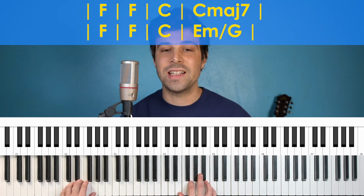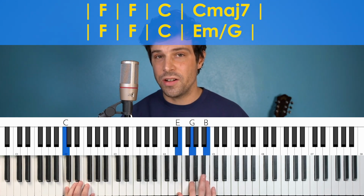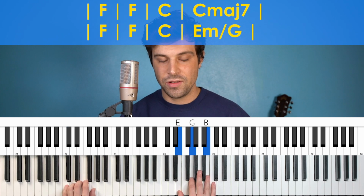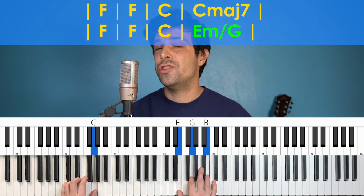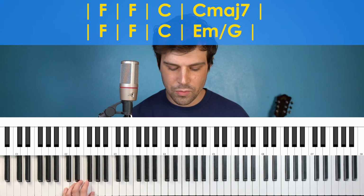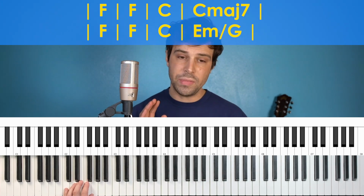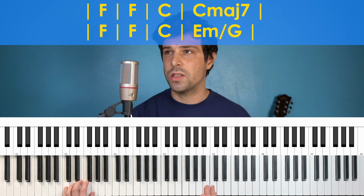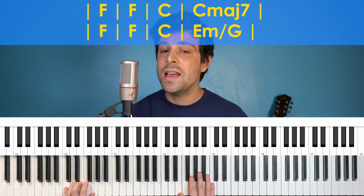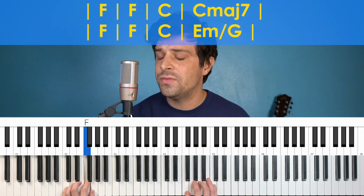Now I mentioned that for that C major 7, you're basically already doing an E minor chord in the right hand. So all you gotta do is, instead of the C bass note, you go to the G bass note there. Here, I'll sing through this verse, and I'm just gonna add a little bit more rhythm. I'm going to hit on beat 1 in the right hand and also on beat 4 in the right hand on every measure. So it'll sound like,